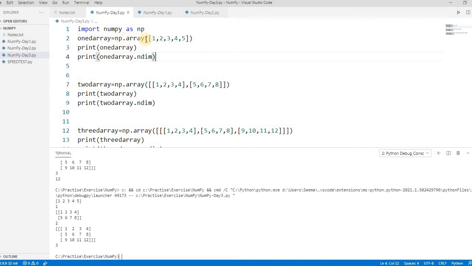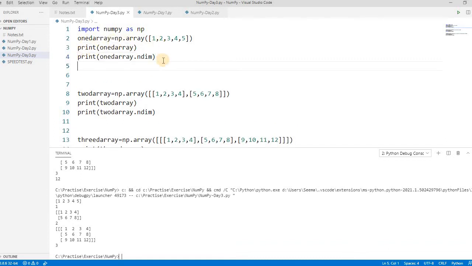If we consider only a one dimensional array like 1, 2, 3, 4, 5, the first one is at index 0, then 1, 2, 3, 4. So if we have to access the 2, we have to write the array name and then 1. Let's see how it works. If you write 1, it will print 2 because it starts from 0. So the 0th element is 1, the first element is 2, the second element is 3, the third is 4, and the fourth element is 5. Let's run this and see the result. See here, it's printing 2, right? Why? Because we have taken the index of the first element.